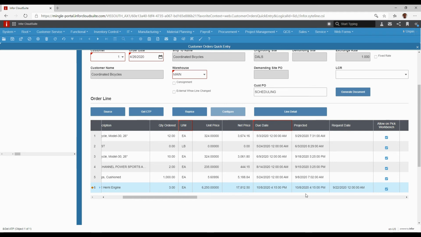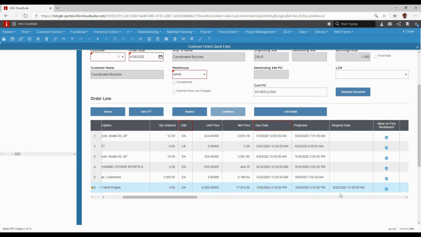So if somebody else brings an order in and tries to put something in also for that date, it knows that the capacity is already taken for this particular job, even though the schedule hasn't rerun yet, or the planning system. But notice what it also does. It keeps that 9/22, which was the original date I tried to get it by, it keeps that as my